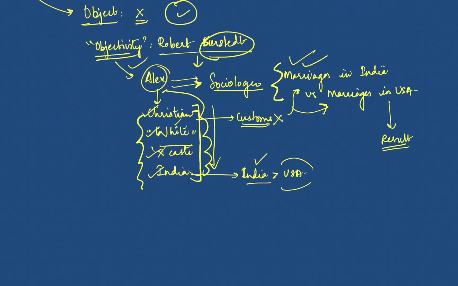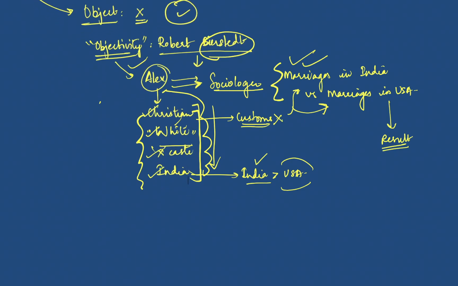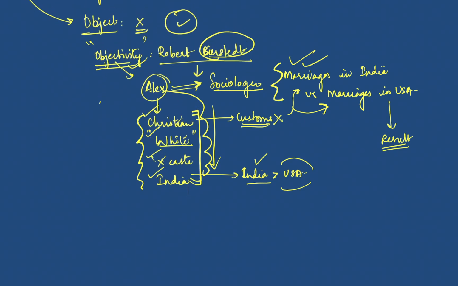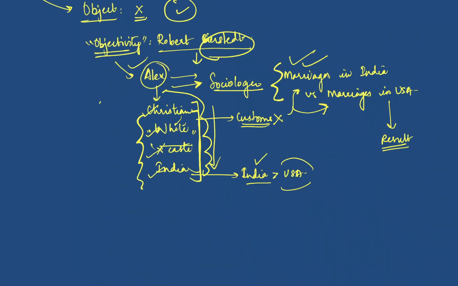So till now, what we have basically done is that we have done fact, we have done what is objectivity, we have done what is value. And the next part what we'll be doing is about the different sociological opinions about this fact, value, and objectivity. So how are they different to each other and how are they similar to each other? So that is what we'll be basically doing here, right?